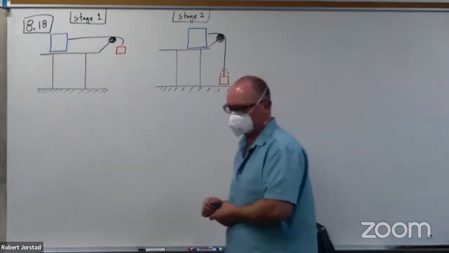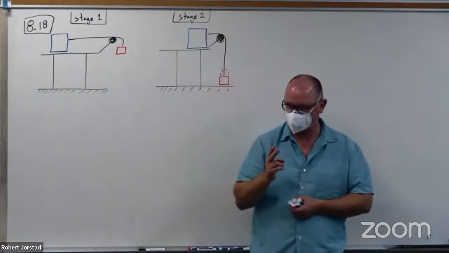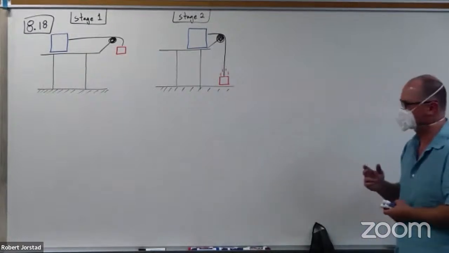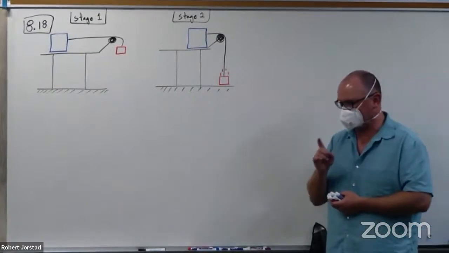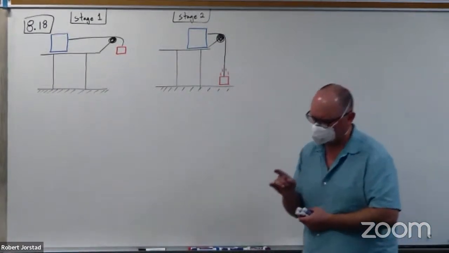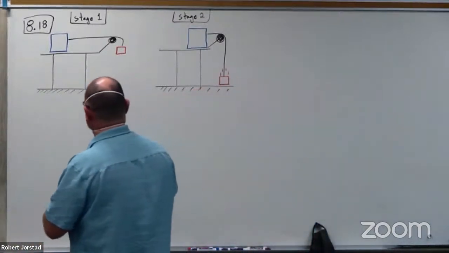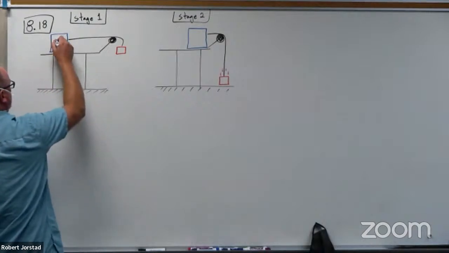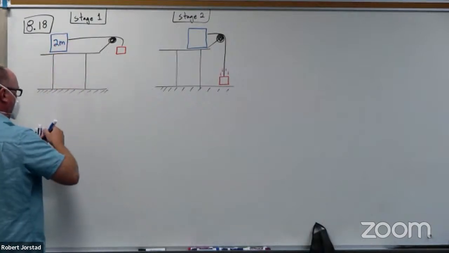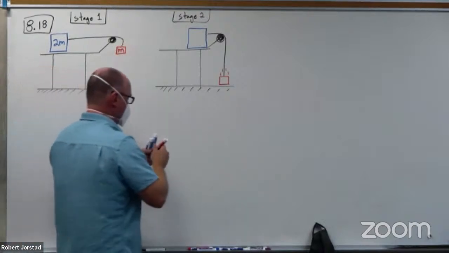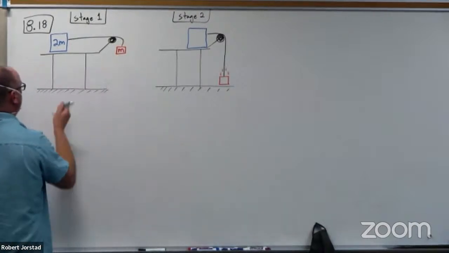I want to try and talk about 2 block systems. So then there's some little issues that come up when we have 2 blocks. And also this one I think has friction. Is that correct? I think that was why I picked it, right? Yep. It says mu kinetic equals 0.3. And so this is mass 2m. This has mass m. And mu kinetic